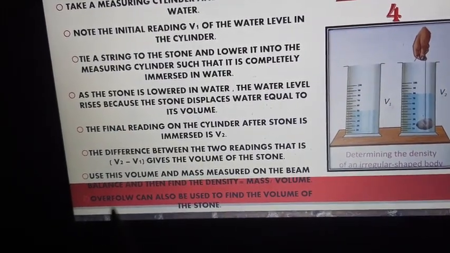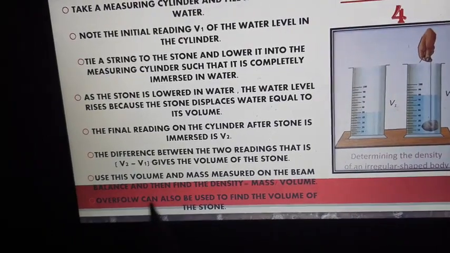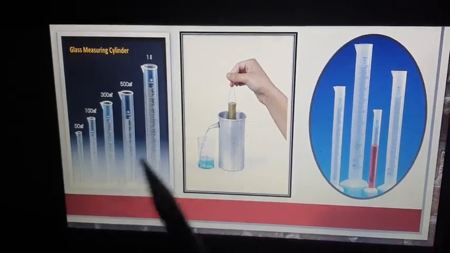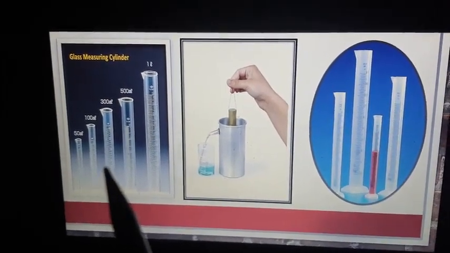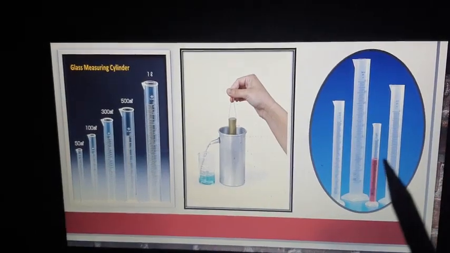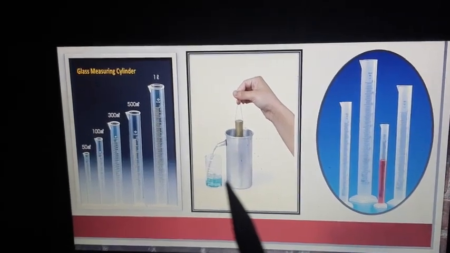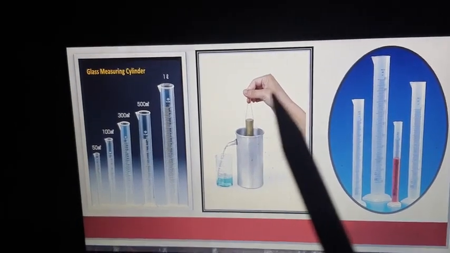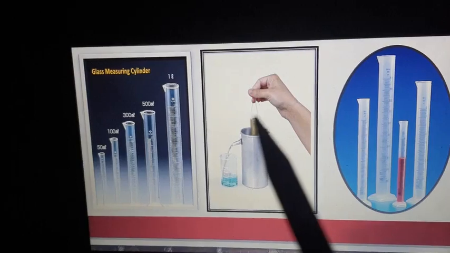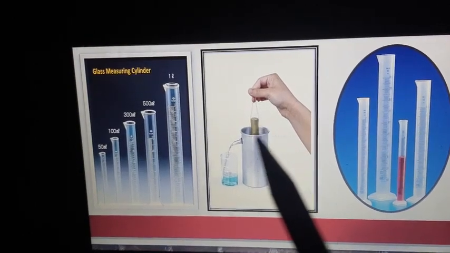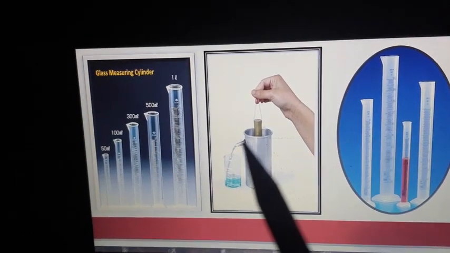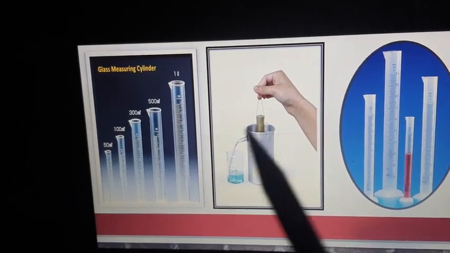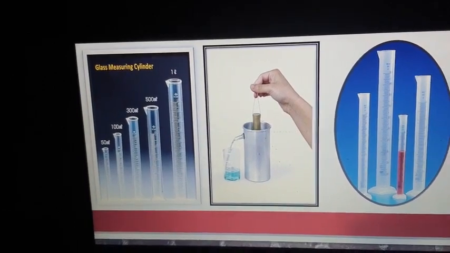Now, another object that can be used to measure this is known as an overflow can. In this slide, I have given you three different figures, okay? This is a measuring cylinder again, this is again a measuring cylinder, and this is what is known as an overflow can. The liquid inside was a blue colored liquid, and when you put that particular irregular shaped object into the overflow can, all the excess liquid gets collected over here. The amount of liquid that gets collected over here gives you the volume of this particular substance that we are discussing, okay?